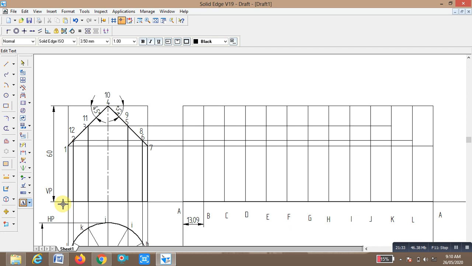This point is not K dash, you delete this text.